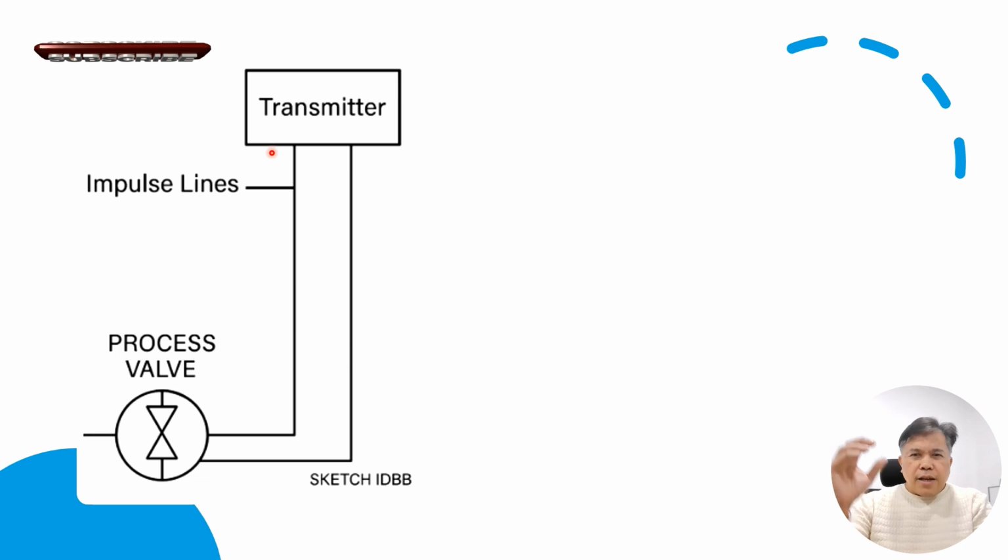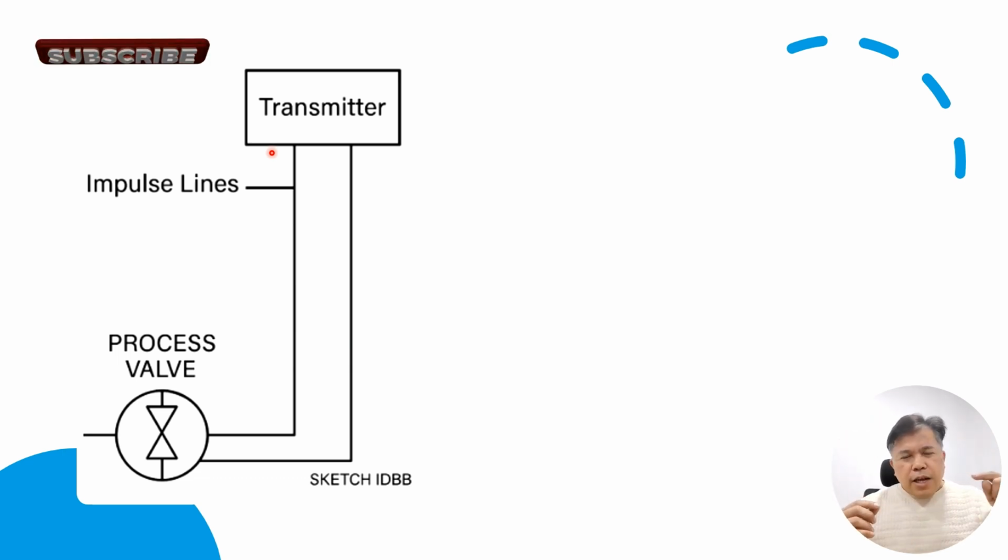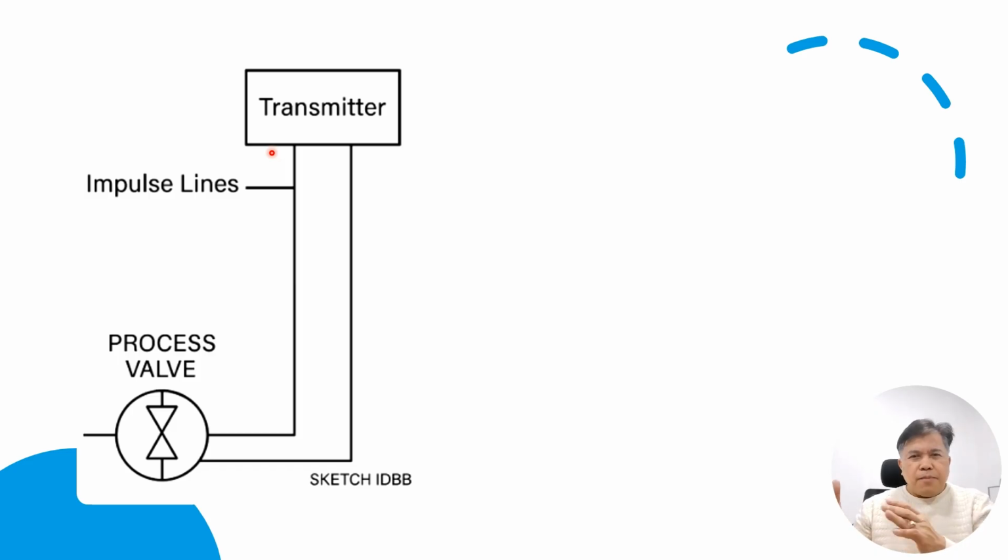And then directly there are connections towards our transmitter. So remember that impulse lines set up from the valve itself. So we have a difference. We need to identify what kind of transmitter, the differential transmitter, because for a differential transmitter we need to see where the tapping line is. So the tapping points of your process line, which are high and low.